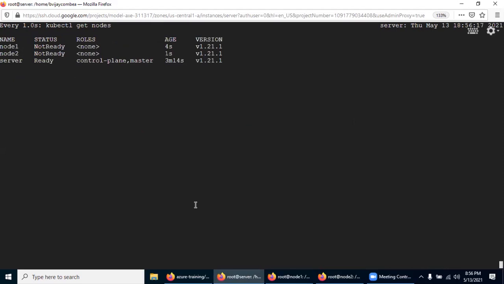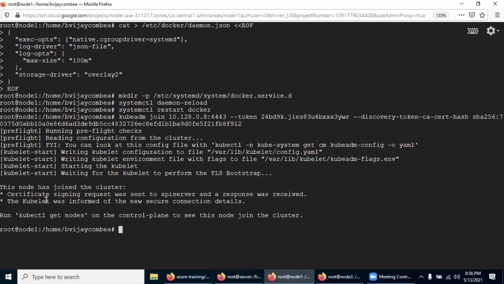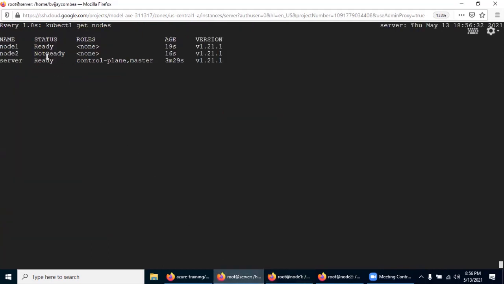See, node 1 is joined, but it's not ready. So basically you are trying to associate node 1 to the Kubernetes cluster. Yes, node 1 is now ready. We will wait for some time. Node 2 also, yes, now ready.